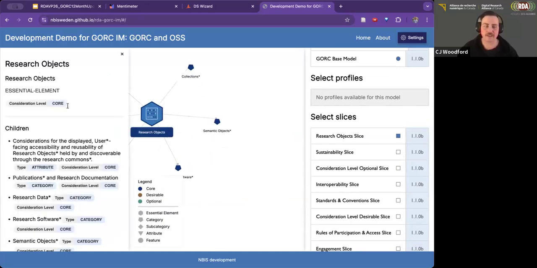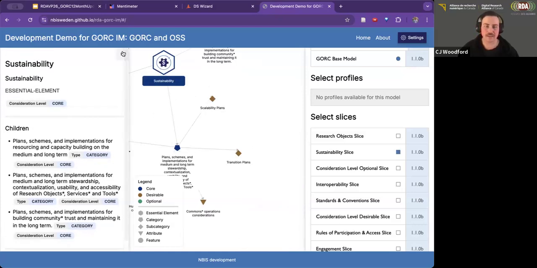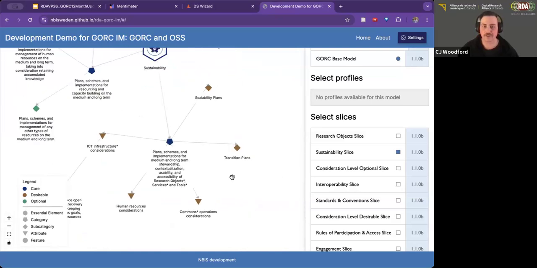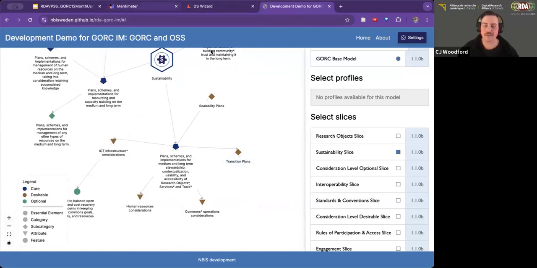And if you click an item, it'll tell you more about it, what kind of item it is, whether it's an essential element or a subcategory or a characteristic. And what's nice, as of I think today or yesterday, is there's been an addition of what children or parents are in each item, and if available, the KPIs or metrics that are associated with it, because the model wasn't just what you might implement, it was also a set of key performance indicators and metrics that could be included. So there's lots of things here to explore if you like the more graphic version, but it is also still available in a spreadsheet and as an RDA recommendation.